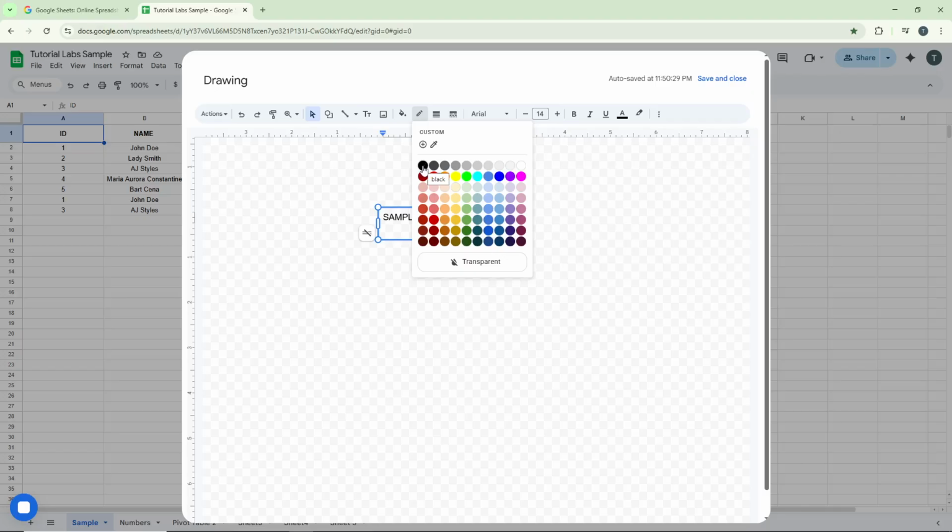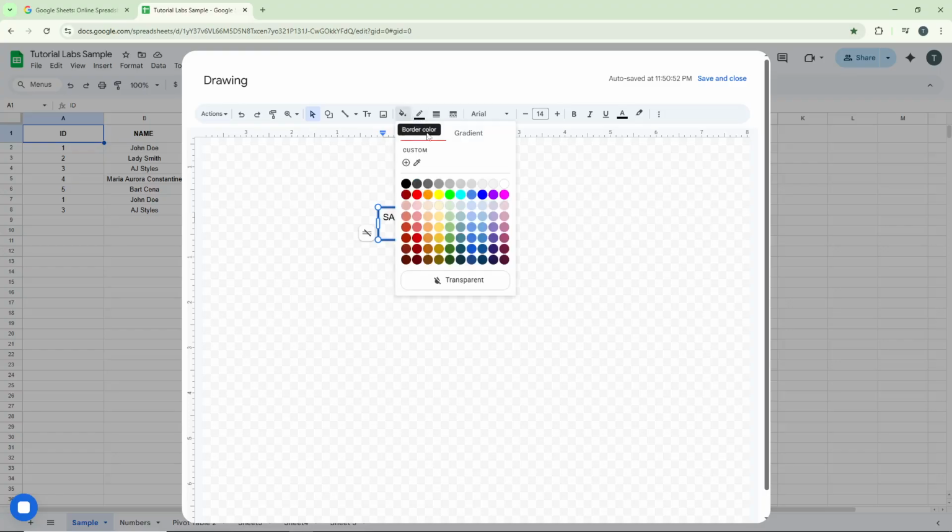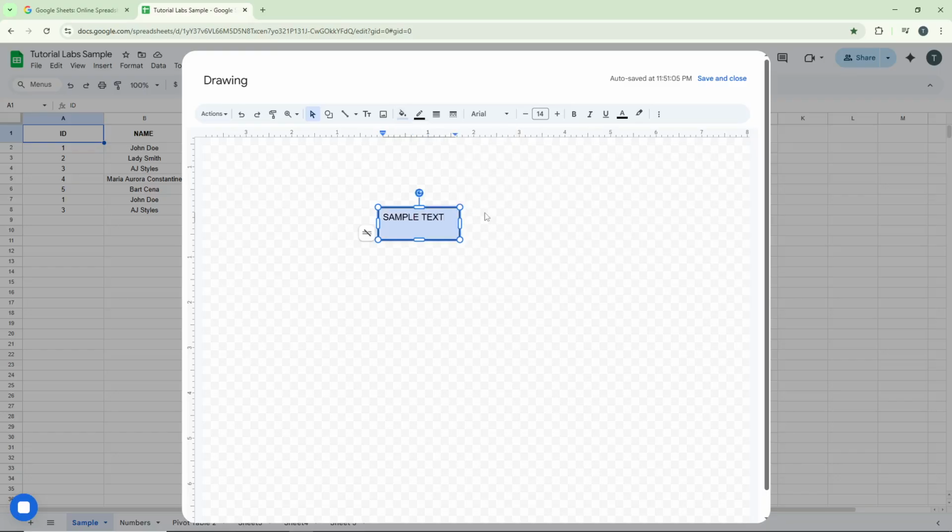Right beside the pencil icon, you'll see the border weight icon. Click on this to modify the thickness of your border. You can make it thinner for a subtle look or thicker to make your text box more prominent. If you want to change the background color of your text box, click on the paint bucket icon at the top. This will let you fill the text box with any color you prefer, making it easier to highlight important